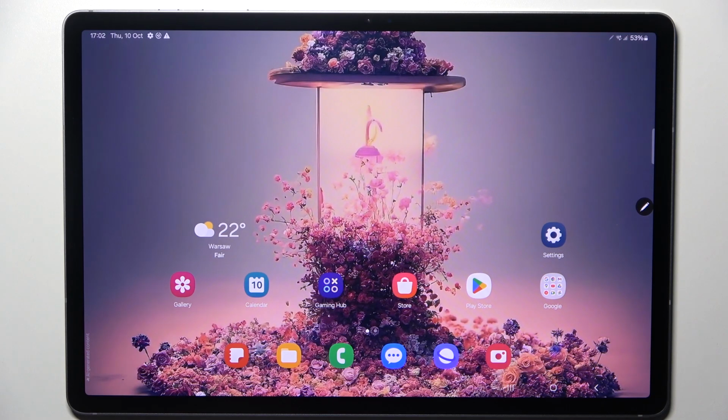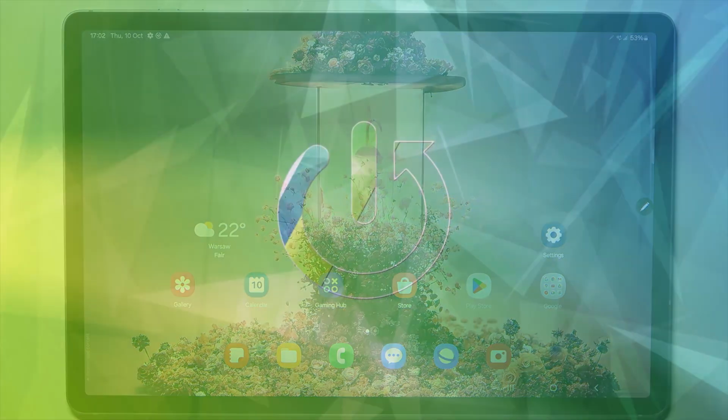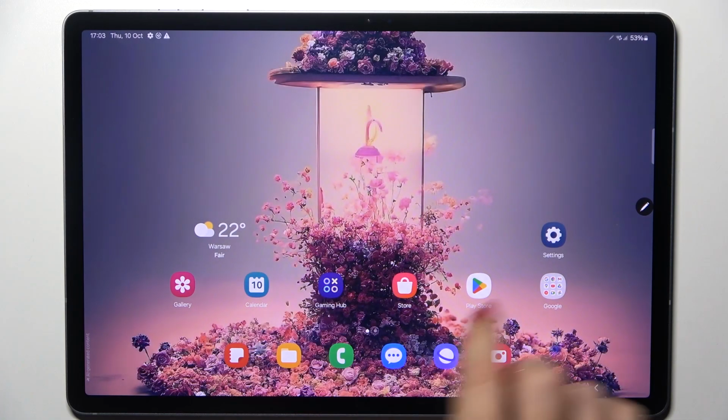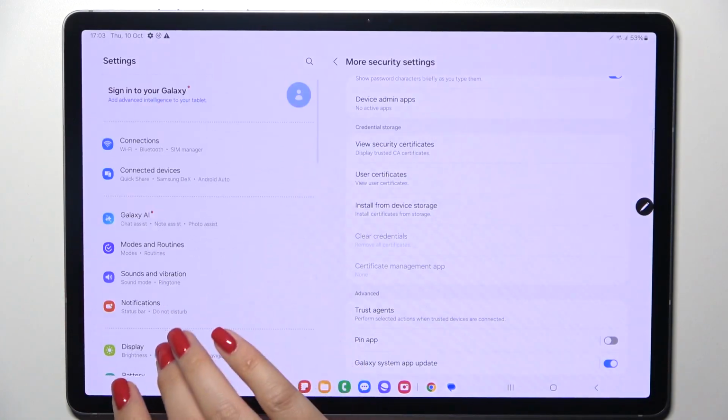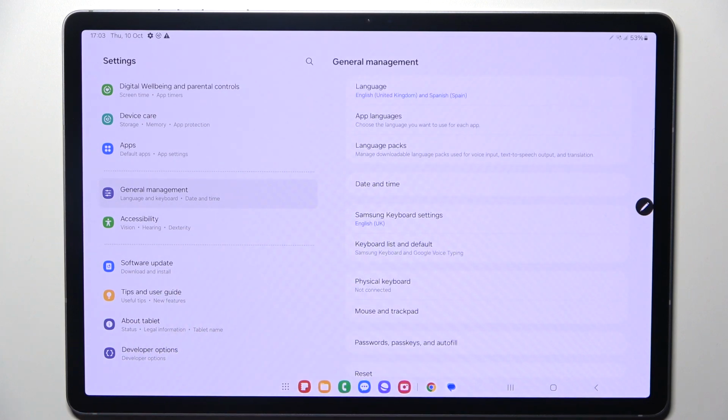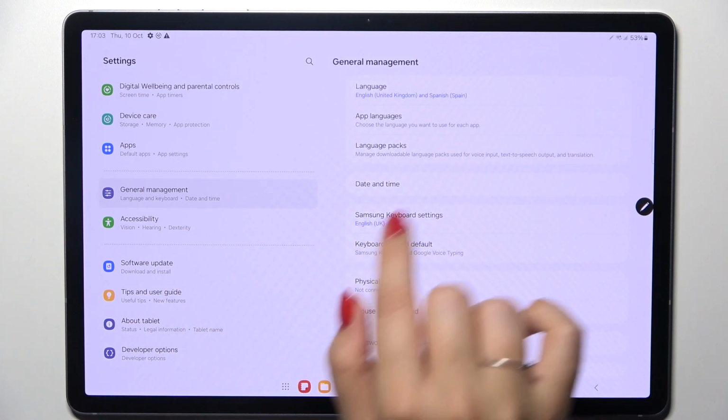Hi everyone, in front of me I've got Samsung Galaxy Tab S10 Plus, and let me share with you how to change date and time on this device. So let's begin with opening the settings, and here in this left section we have to scroll down to the very bottom to find General Management. Now we have to enter date and time,